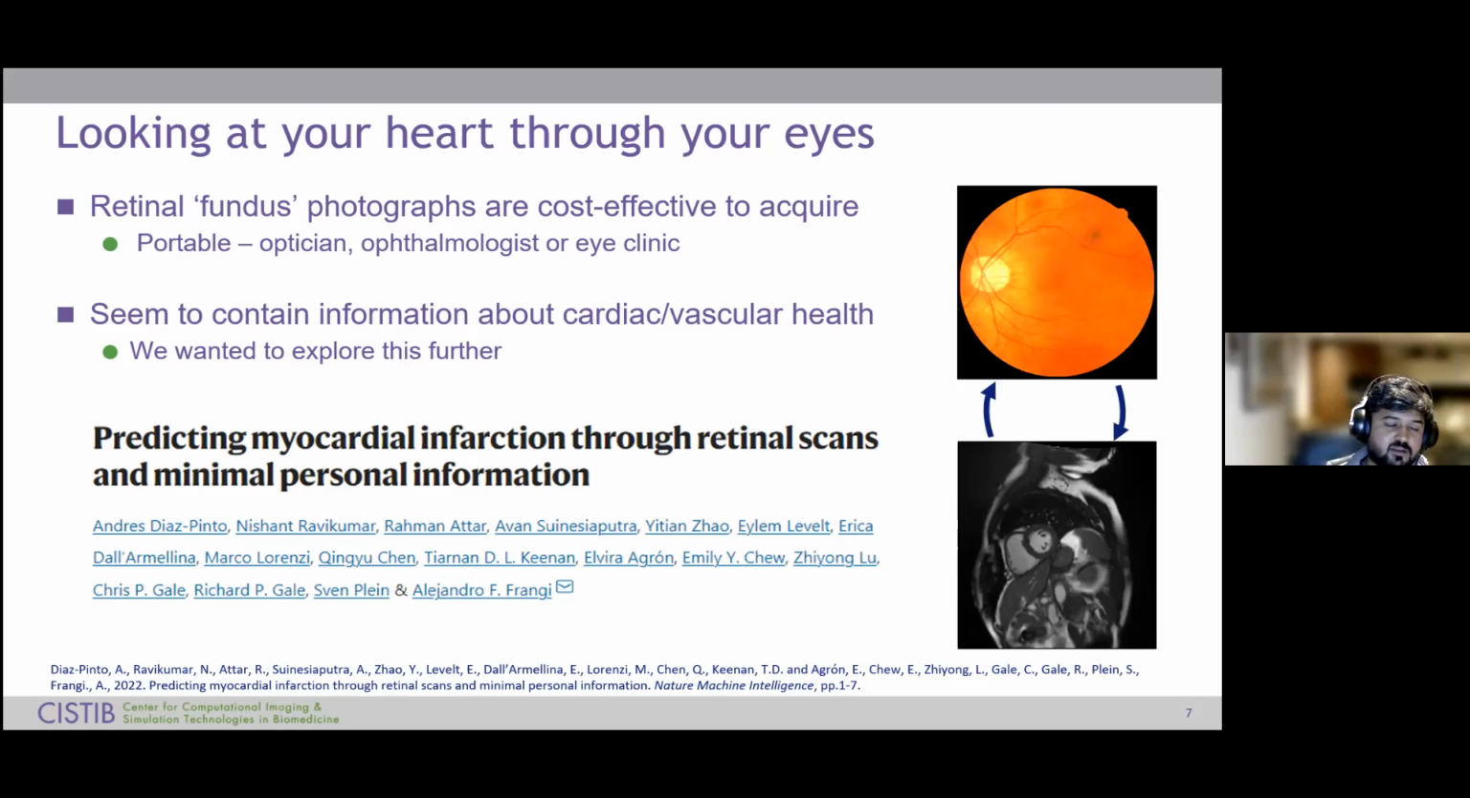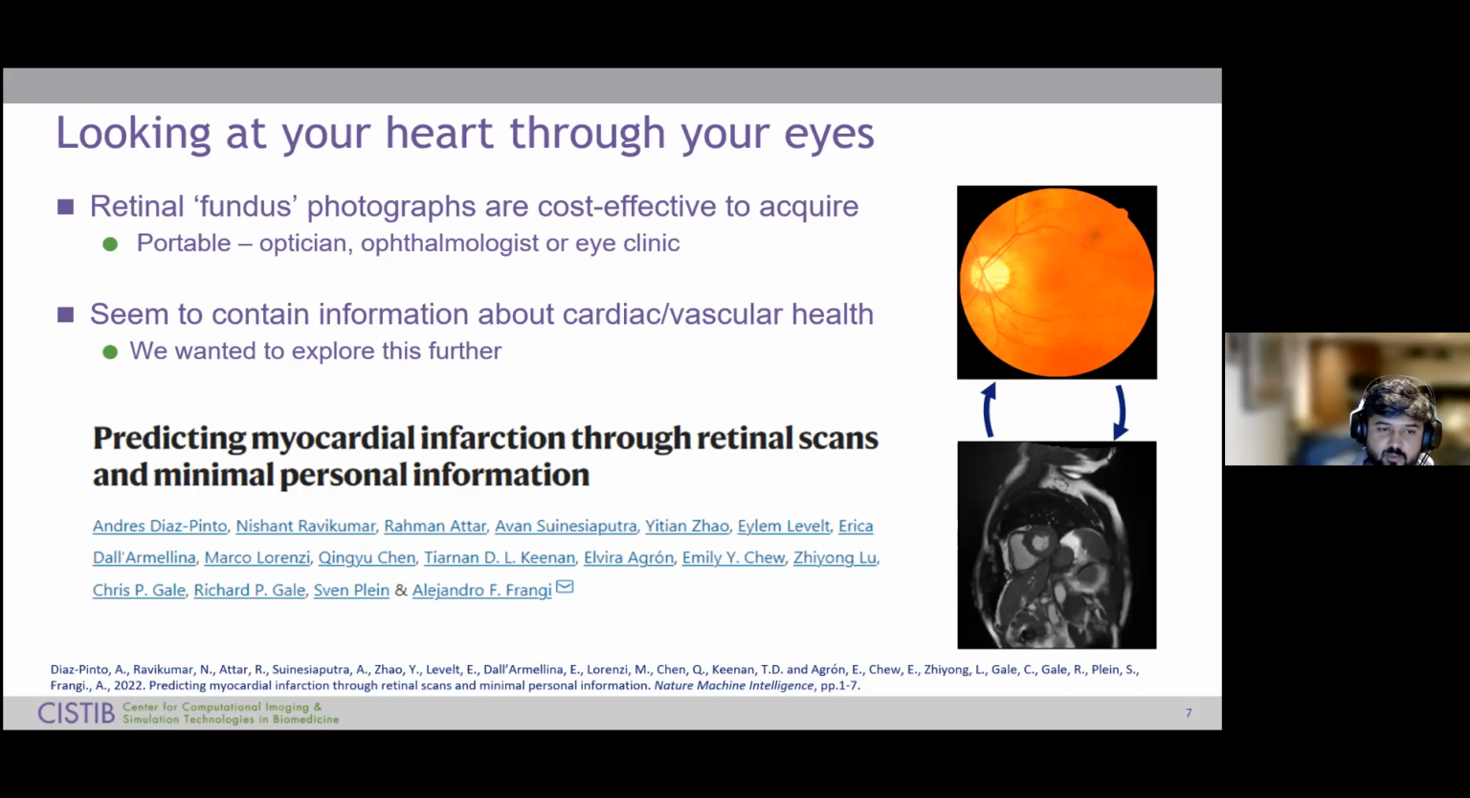So again, the motivation here is that if you went to an optician or an ophthalmologist, you're unlikely to have a lot of clinical measurements taken. At the most, it would be your age and gender that's recorded, along with this retinal photograph that's acquired. So if we were able to use just this information to say something about your risk of future disease, or in this specific case of myocardial infarction, then that would be a very powerful tool,